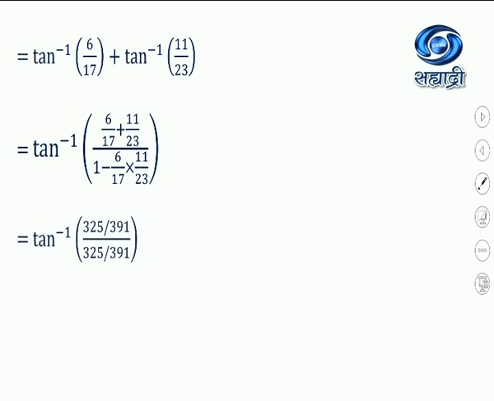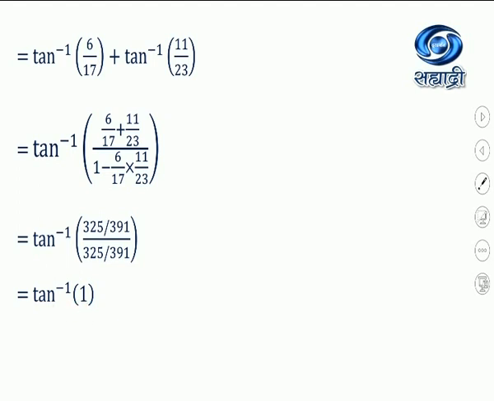Go on simplifying. Find the LCM. 23 multiplied by 17 gives you 391. You will have to find the actual product. 23 into 6 plus 17 into 11 is 325, and simplify the denominator. 17 into 23 is 391, and the difference of the numerator is again 325. You do the actual calculations here, and the same terms from the numerator and denominator get cancelled, and we are left with